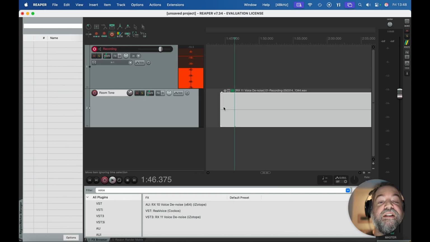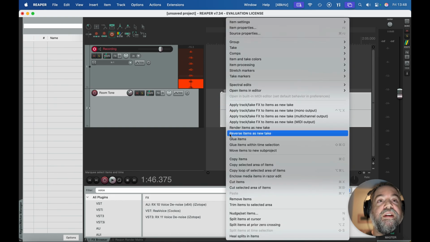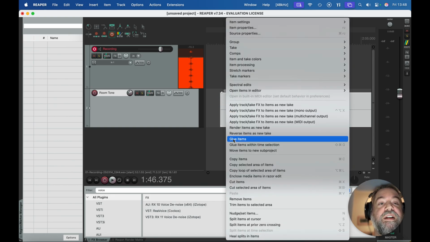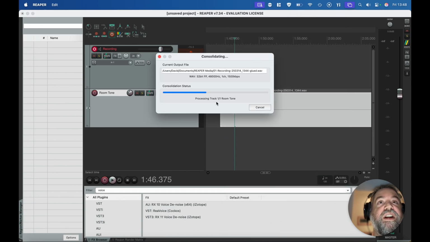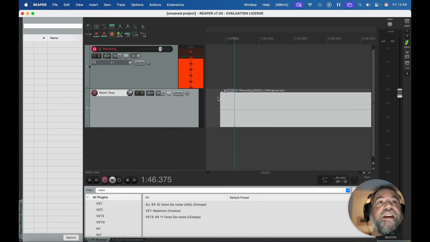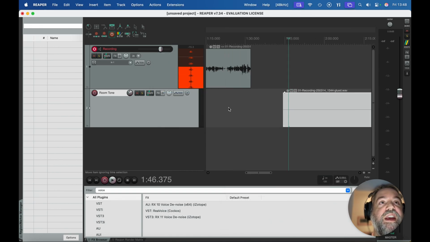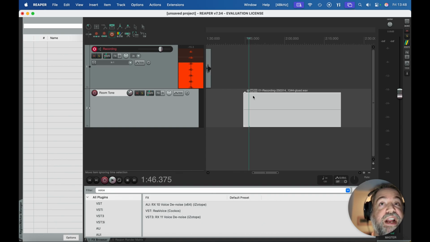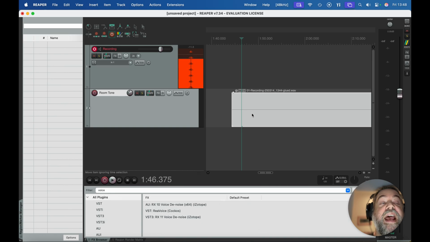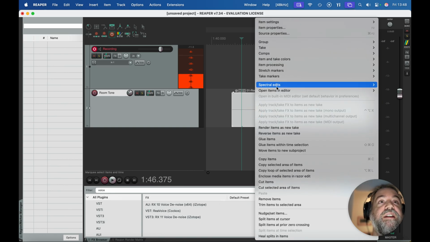And then right-click the item and click Glue Items. What that does is that actually applies the effects to the room tone recording we've done and creates a new item in its place with the FX applied. Next, we need to go to Spectrogram view by right-clicking the track, going to Spectral Edits and click